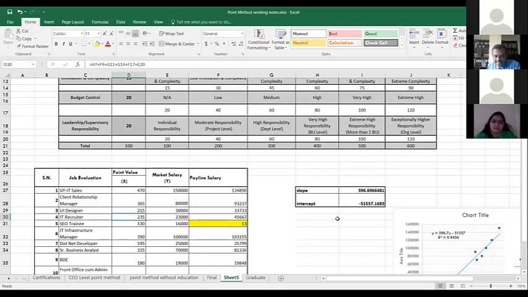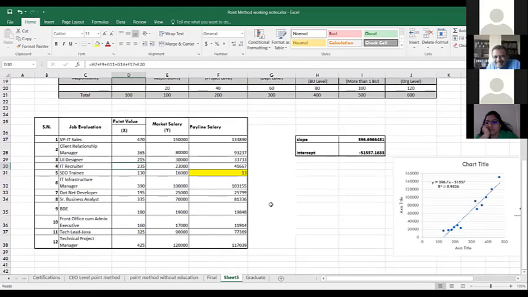And when you see somebody being overrated like this, then probably go back and check why the score is so high for him. Yeah. Okay, because I was confused why the salary is giving me such a huge pay. No, because you've given a very high score to him. That's why you're getting it.